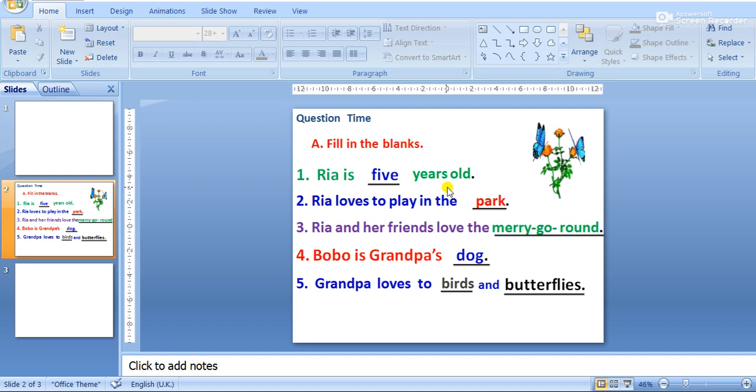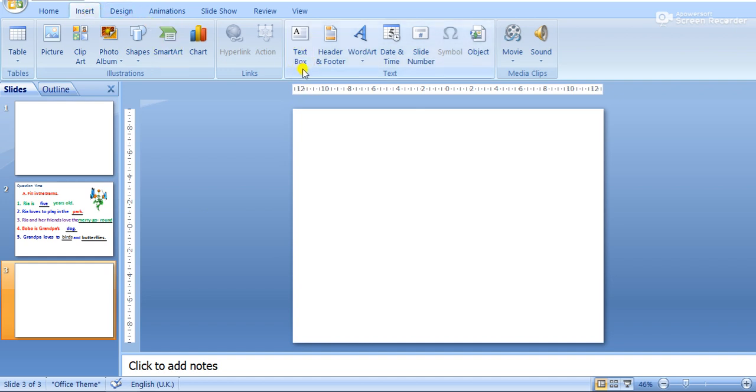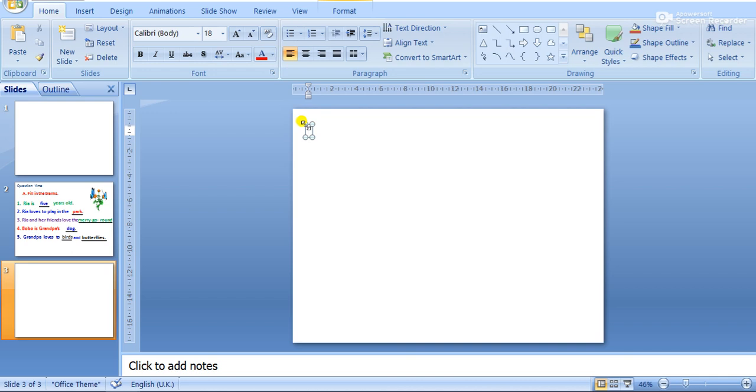I have taken a sample slide, question time. We'll transfer this into a new slide. Okay, so I go to insert. How should you start the fill in the blanks? Go to insert. We have home, insert. If you can see the cursor moving here, in that you have a text box. Click on that, click on the slide and just type fill in the blanks.